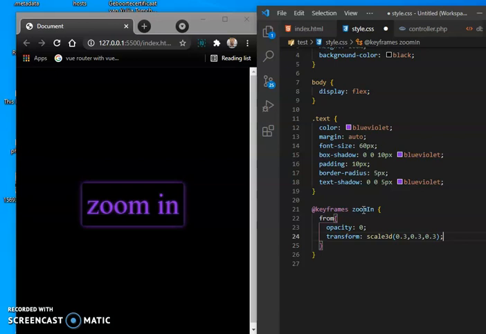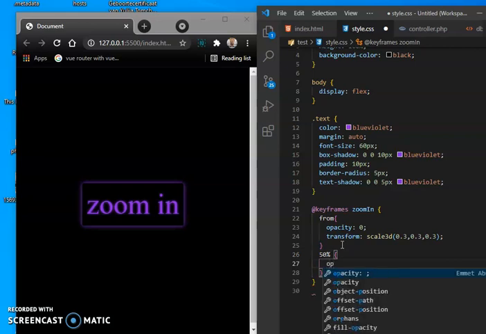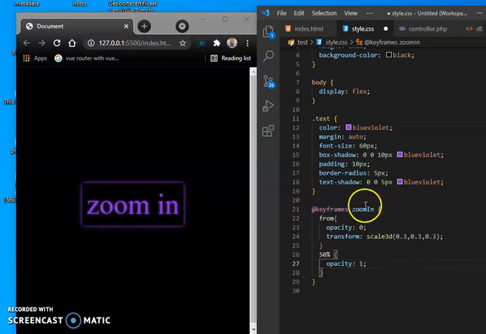So now this will start with 0 opacity and at 50% I want the opacity to be 1, so it will be full. So now this is how we make it. So this is the code for zoom in,